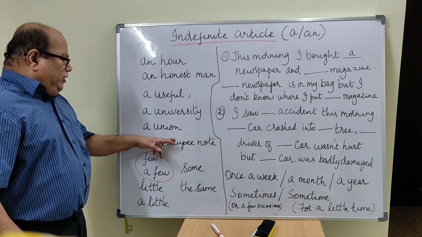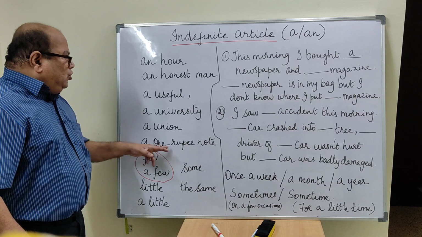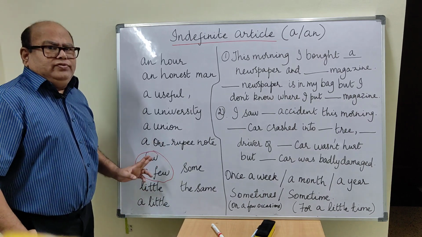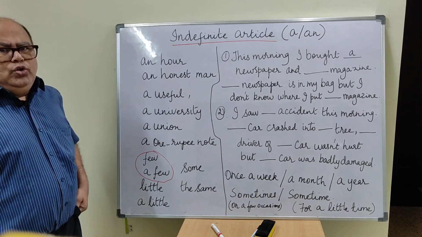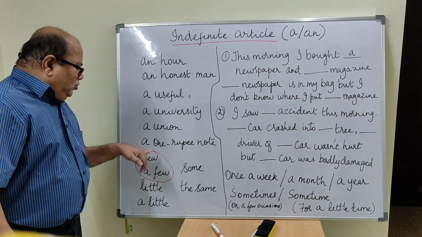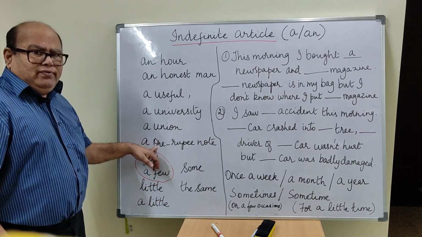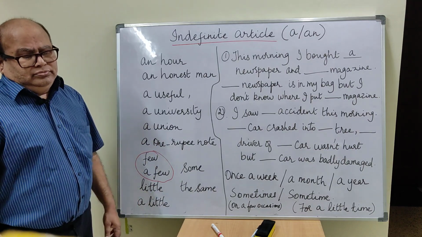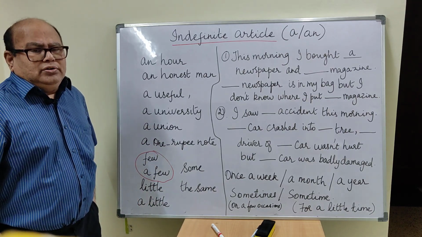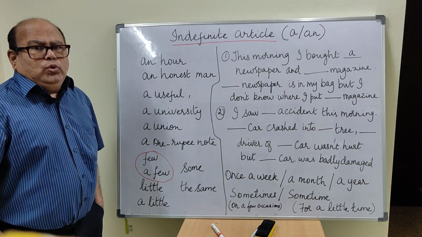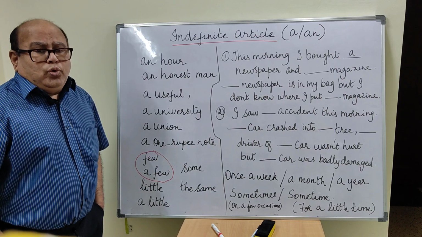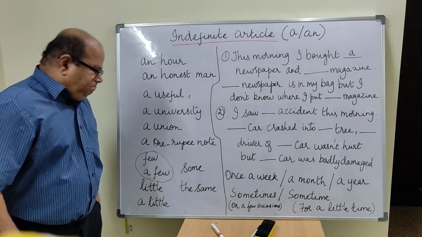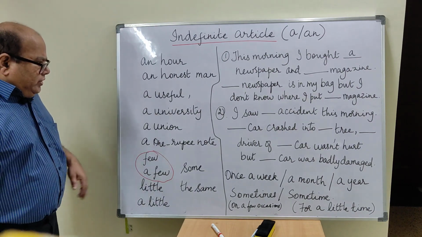A union, a 1 rupee note. Whenever you use the word one, it is always a, although it starts with a vowel, but it has a consonant sound. That is why we use a. A 1 rupee note. A one-eyed man. Okay, now